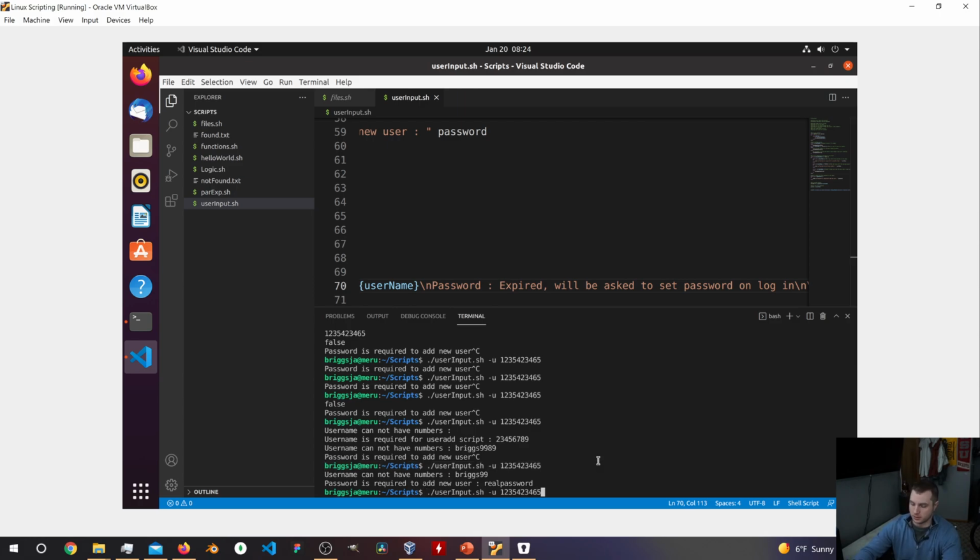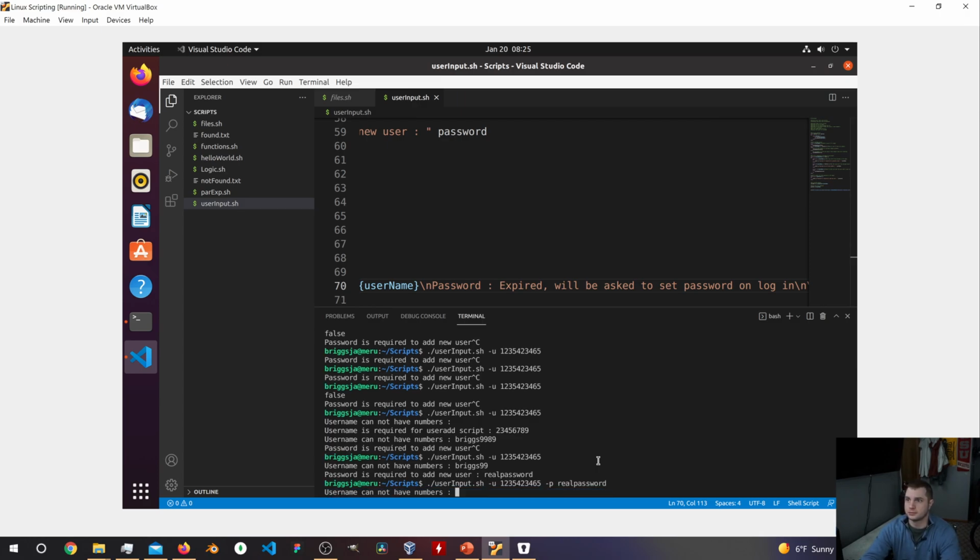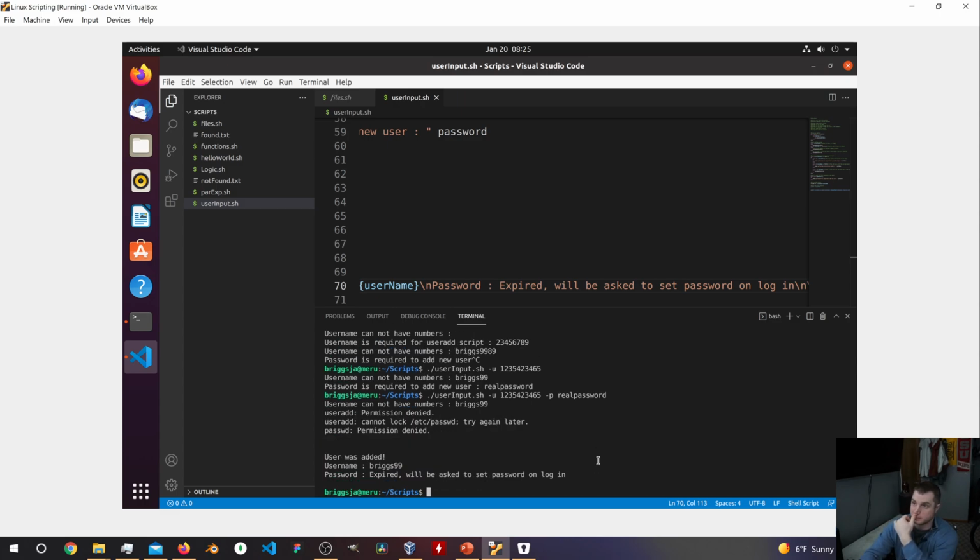Okay, so I'm going to do this. I'm going to add a password right here. Real password. Username cannot have numbers. Okay, then it's my fault. Greg99. Okay, so there is our error message, or our result message, and then passwd: permission denied. Okay, all right, so we have